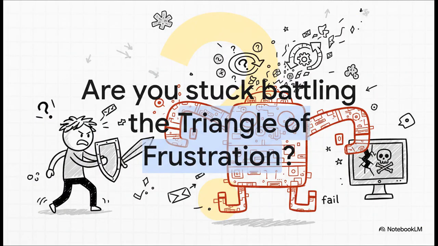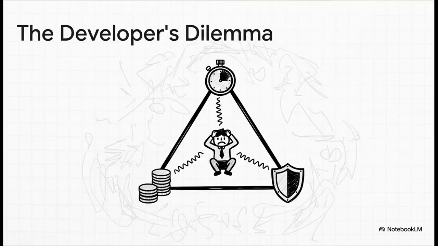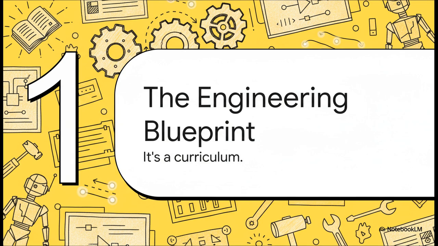But let's be real for a second. Trying to build this future can feel like a constant uphill battle. You've probably been there. You write a script that calls an LLM, and you just watch it hallucinate, or get stuck in some crazy loop, or just flat out fail. Sound familiar? It's what the authors call the triangle of frustration. You're always in this wrestling match, trying to balance the speed of the thing, how much you're spending on API calls, and just the basic reliability of your system. It feels like you can only ever have two of the three, right? Well, this book is specifically designed to help you beat that triangle and get all three. And here's exactly how it does that.